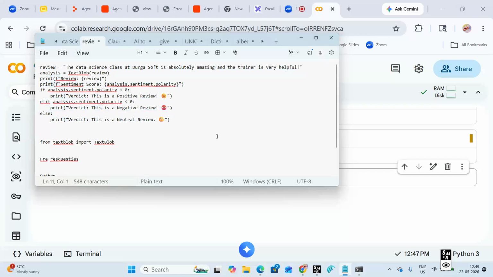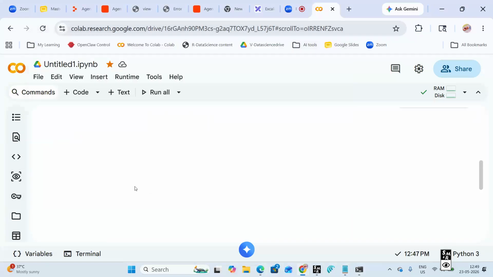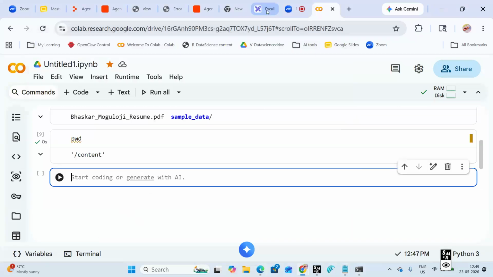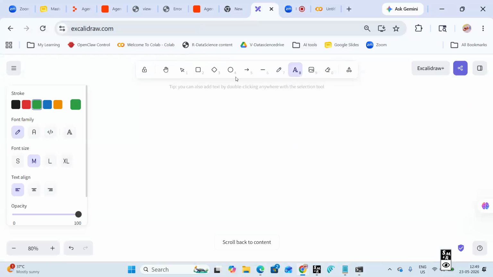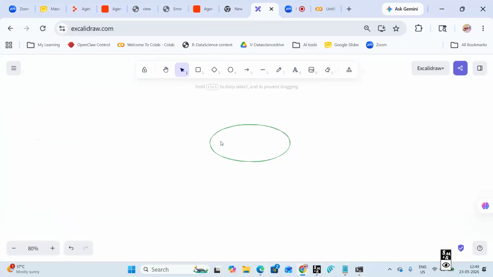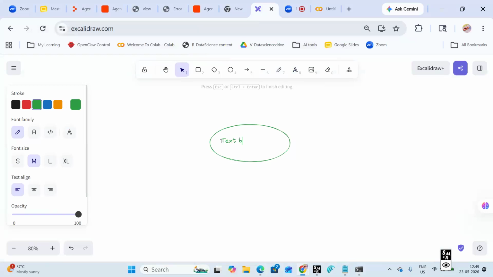There is a package called TextBlob in our Python.